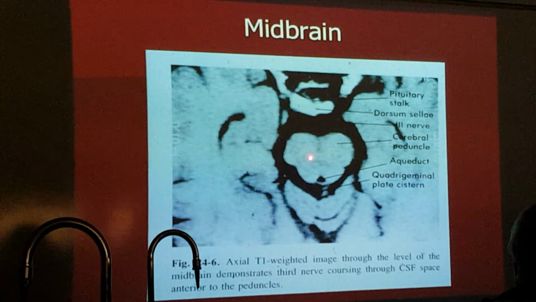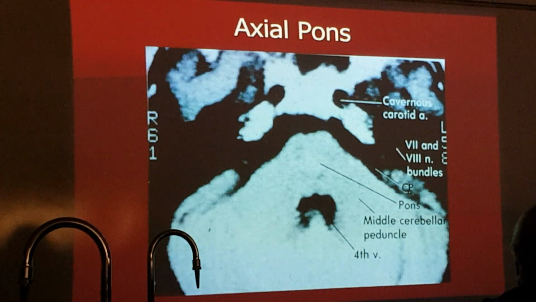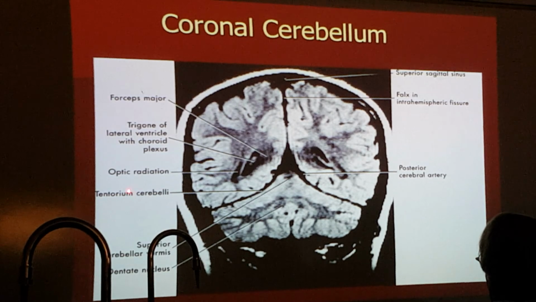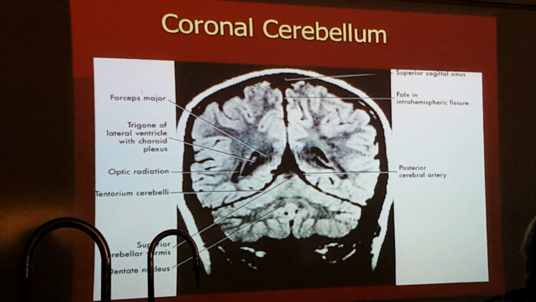What's that? Oh, well, midbrain. Cerebral aqueduct. Okay, pons, fourth ventricle. And right in there is the membrane we call the tentorium cerebelli. I can't really see it, although they label it, but I don't see any membrane in there. Okay, so let's